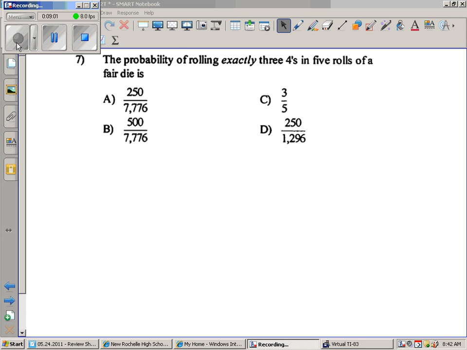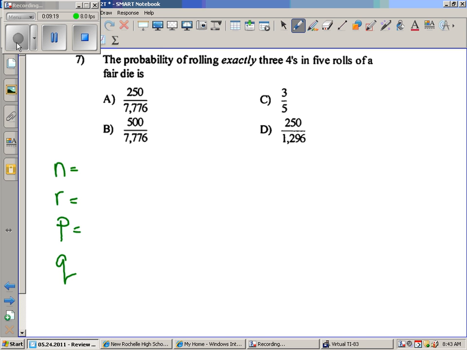Ah, probability, my favorite. The probability of rolling exactly 3 4s in 5 rolls of a fair dice. So every time you do this, I've taught you to do N. What do we do? Yeah, NRPQ every time. N, 5 rolls. Exactly 3 4s. The probability of rolling a 4 on 1 dice is 1/6, and the probability of failing at that is 5/6. So it's just 5C3,